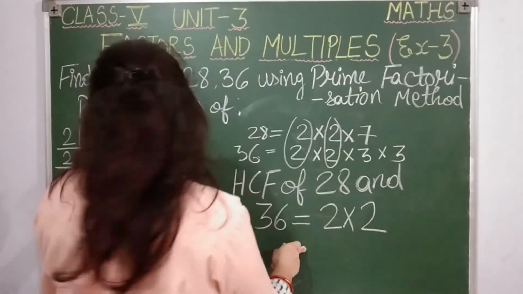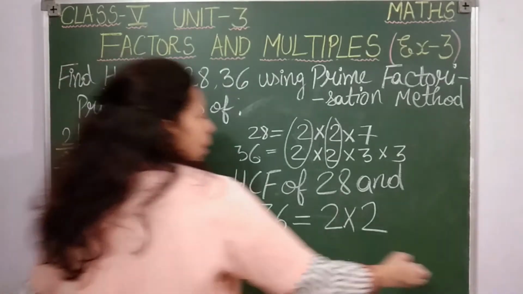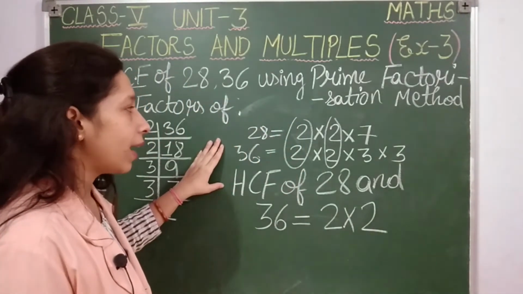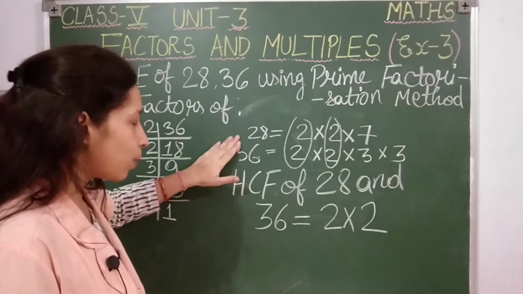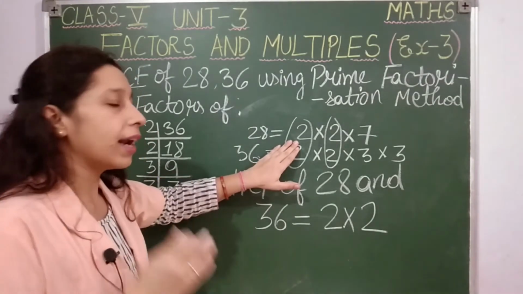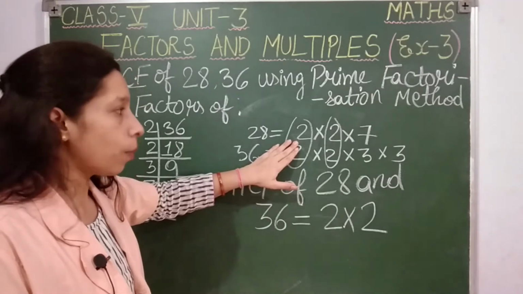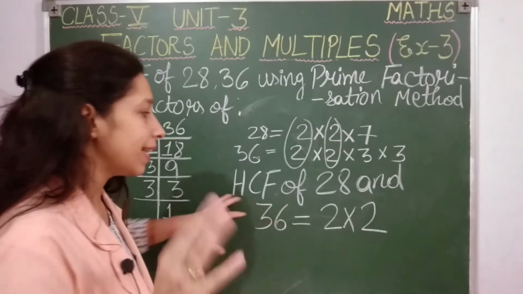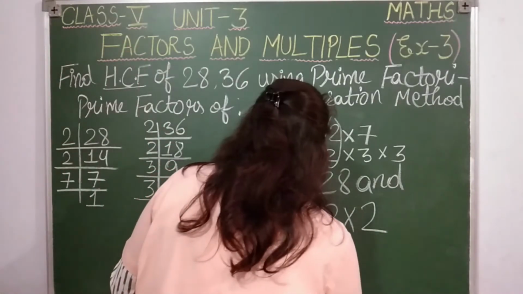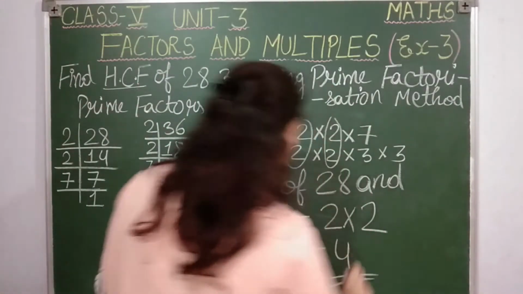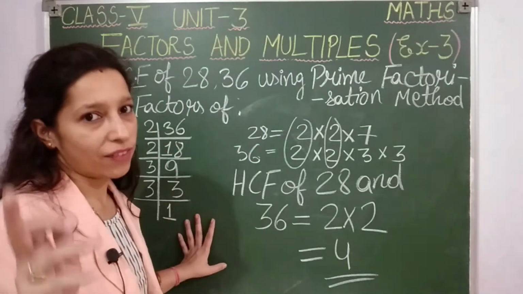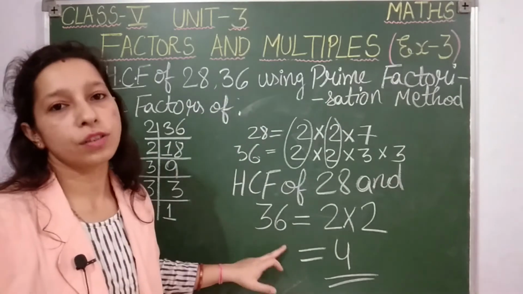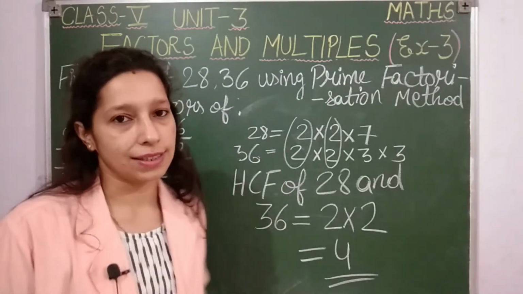Okay, and multiply. Which method we have used students? We have used prime factorization method. So for prime factorization method, if you want to find the HCF, first express the numbers in the form of product of prime factors or prime numbers, and then take the common factors from both the given numbers and then multiply. So 2 2's are 4. Look, we got the same answer as we have got using first method by factorization method. So here also HCF for 28 and 36 is 4 only. Here we have used prime factorization method.